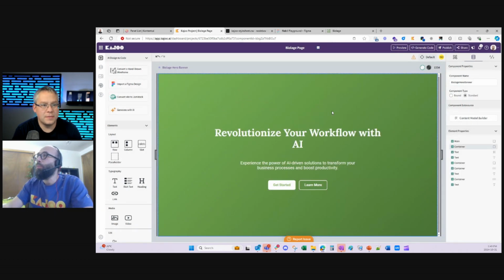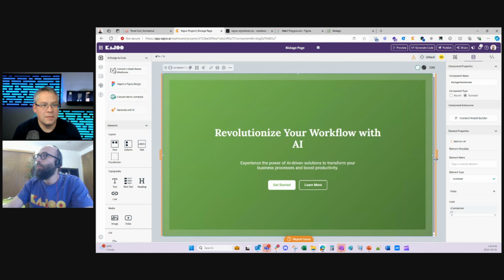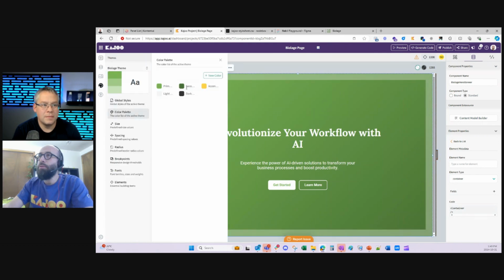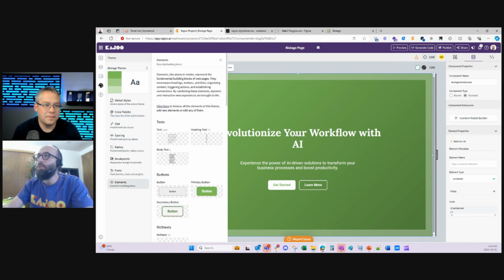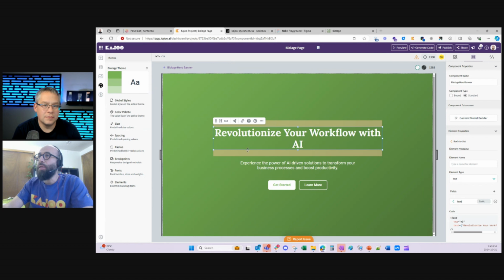There you go. Nice. Wow, that's pretty good. It has the call to actions, and it's responsive, and it's designed based on my brand. So those are color palettes, the sizes, and the elements. So it adhered to it. And the magic here is that it's completely editable.